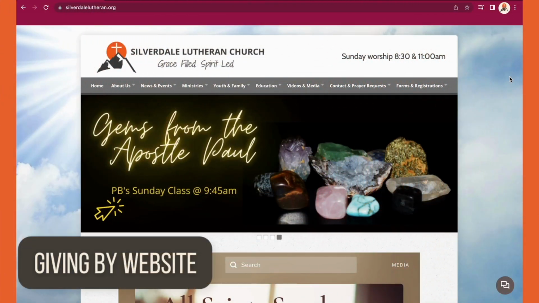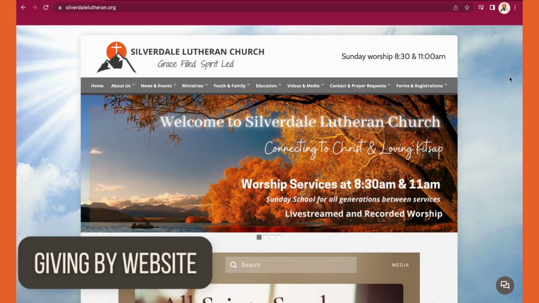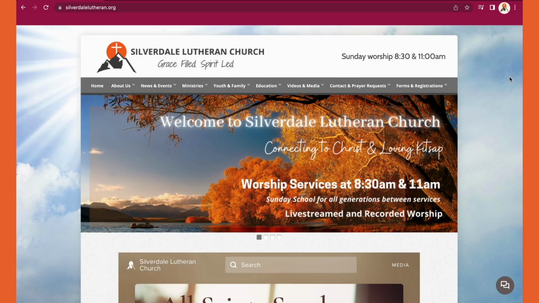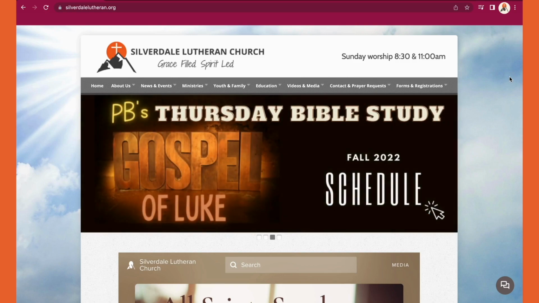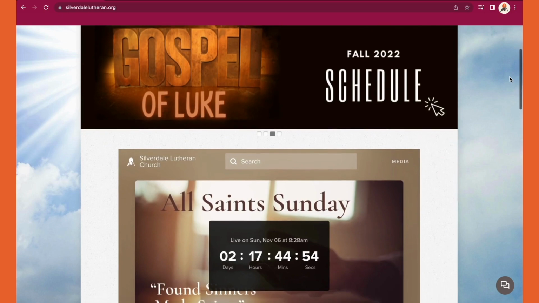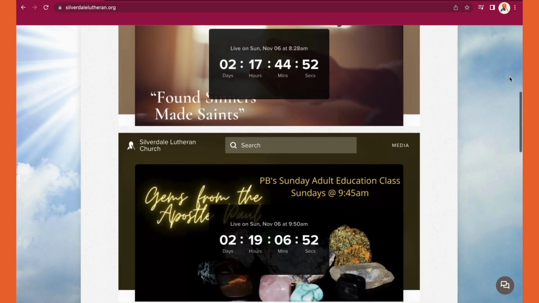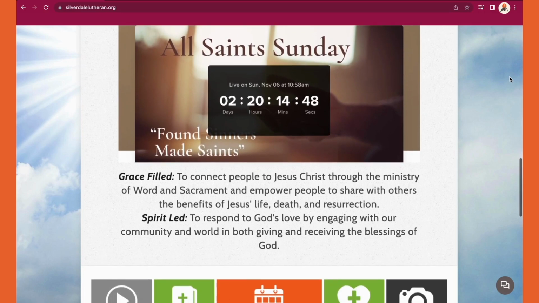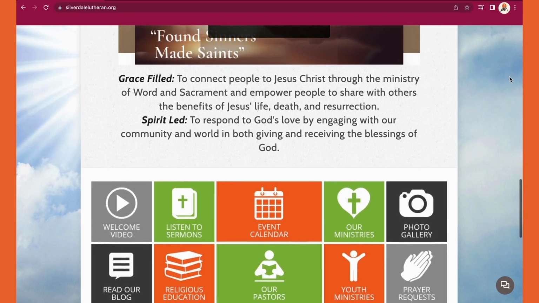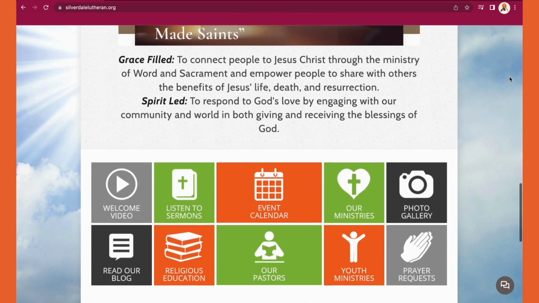Starting from the website, you'll want to go to silverdalelutheran.org, the URL to get to our website. Once you're on the landing page, you'll see a slider coming across the screen with at least 3, 4, or 5 things going on at the church, talking about events and the upcoming Sunday worship services. And as you scroll down, you'll see live stream information for the upcoming Sunday's